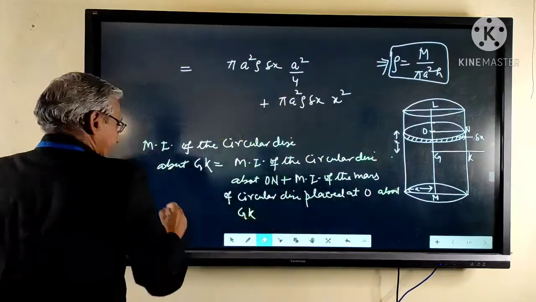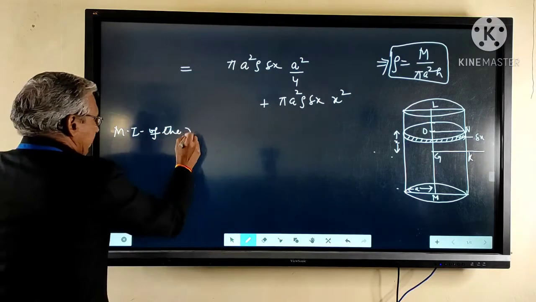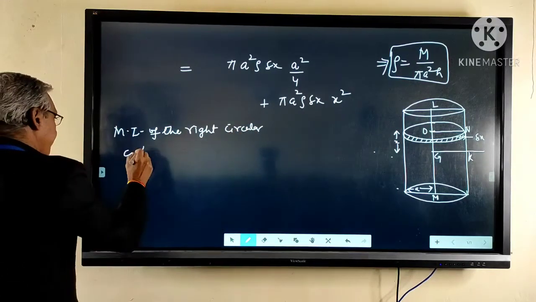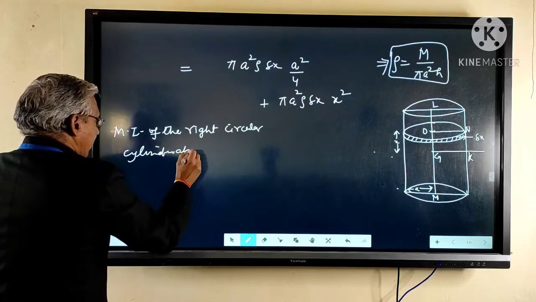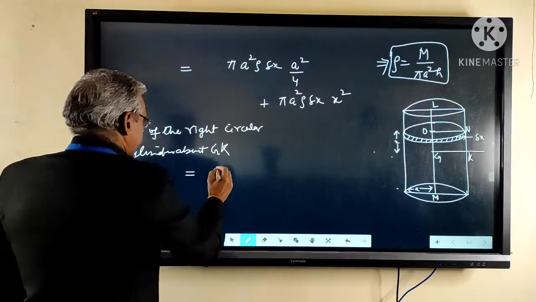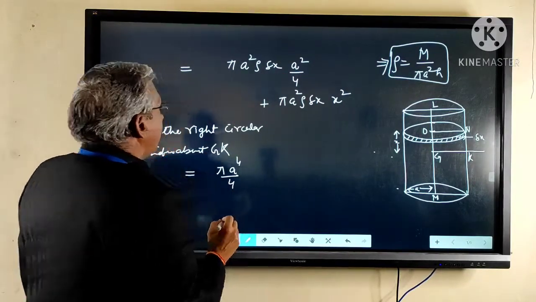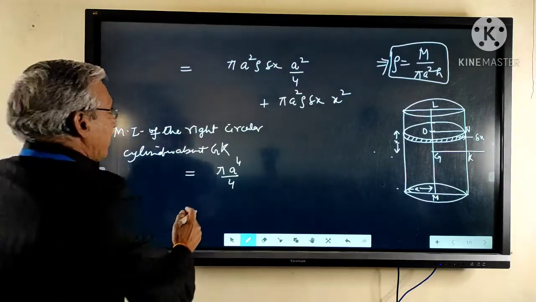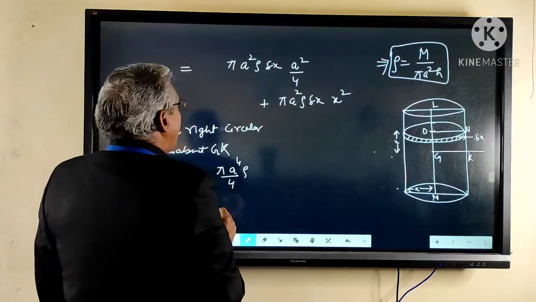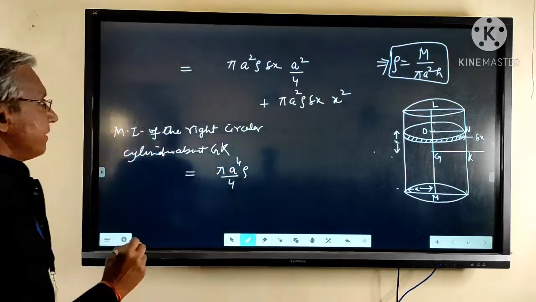Hence the moment of inertia of the right circular cylinder about GK equals to, this is pi a की पावर 4 upon 4, पाई ए की पावर 4/4 इंटू रो, and this can be written as this is pi a की power 4 upon rho 4 plus